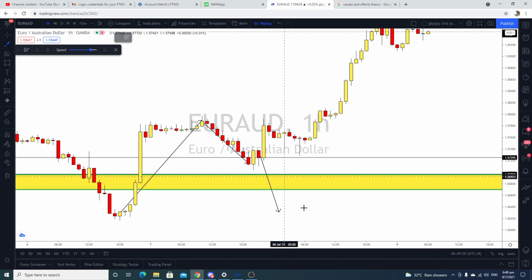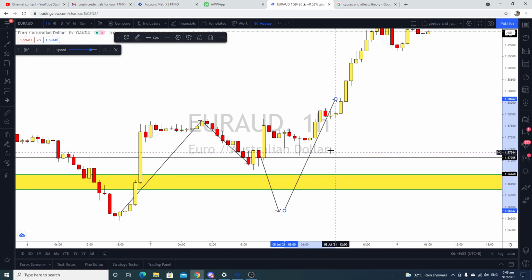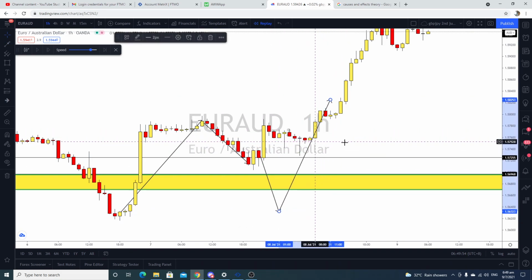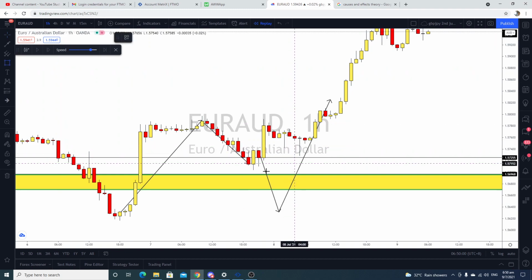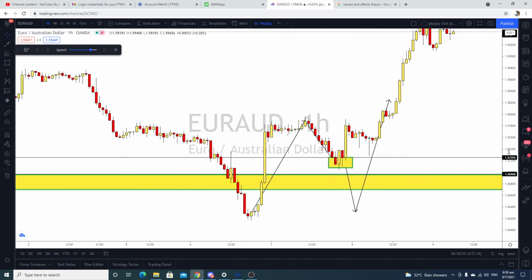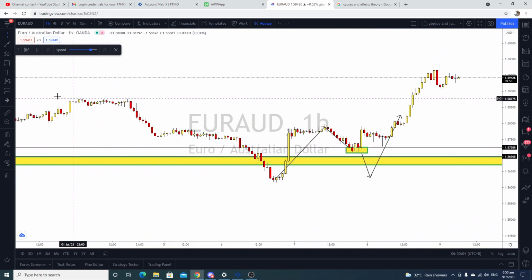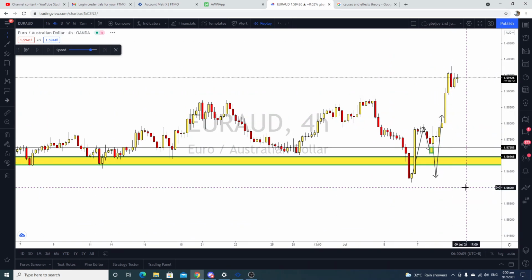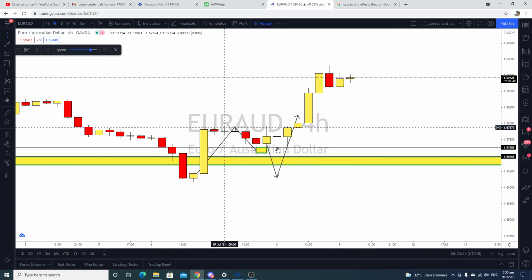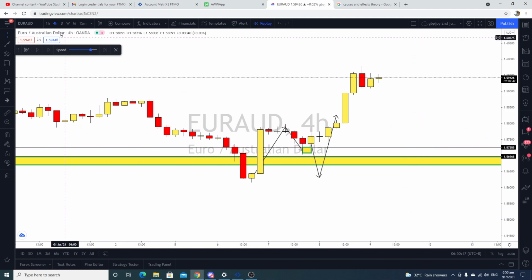But after that, if price goes up, it goes up, but you have to have an idea about how to enter and why, right? This is how I entered. I see this as a rally, and then this engulfing is a base, and then the next thing is a rally. So in this case, it's a rally base rally in the 4 hour. Rally base rally. That's how I get my Euro Aussie buy.